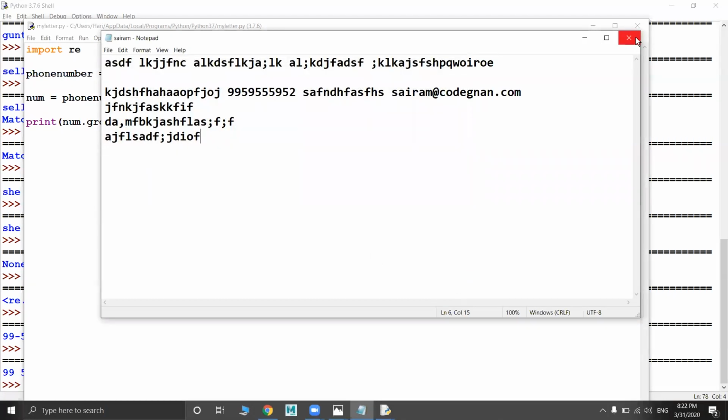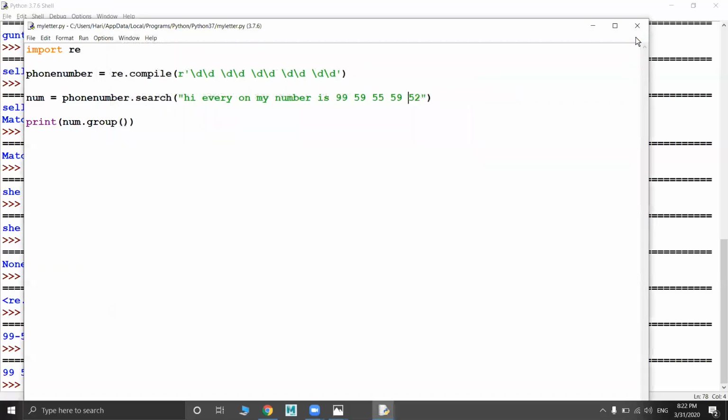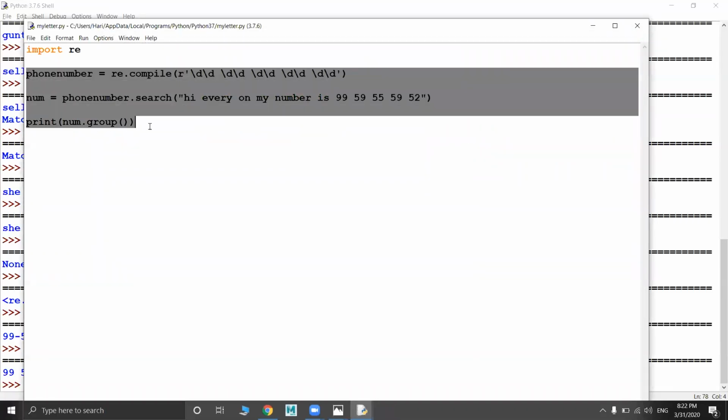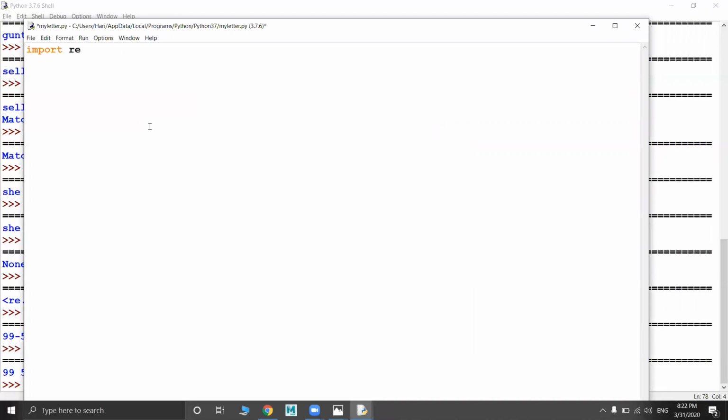You also create anything, no issues. So now, instead of giving a direct pattern, instead of giving a direct string, I created it in the file. Now I am going to use it.